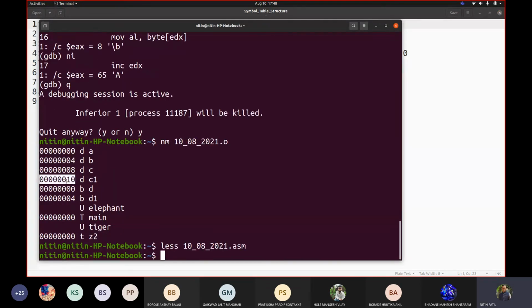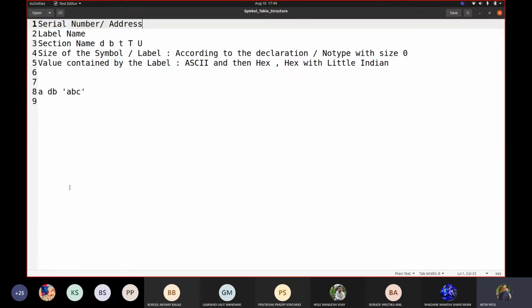You can see 10. Now when the data section is over, it talks about B. So again for B it gives 0. This is the internal mechanism that it is using to differentiate between these values. So whatever we are talking about here as the first column, the serial number, it can even be an address, because a serial number may not work every time. If only the data section is permitted, then it's okay. But what about your variables? So this would be the local address, before the object file is generated.